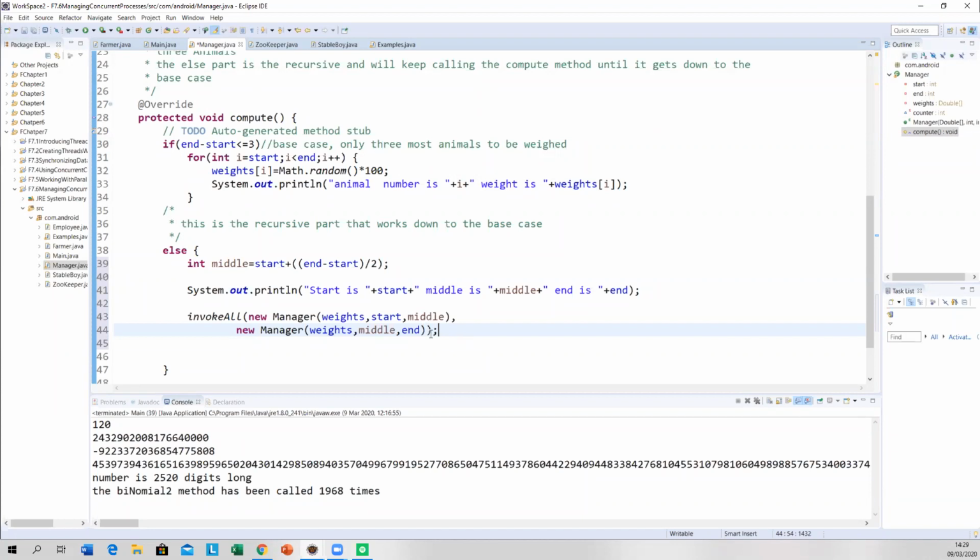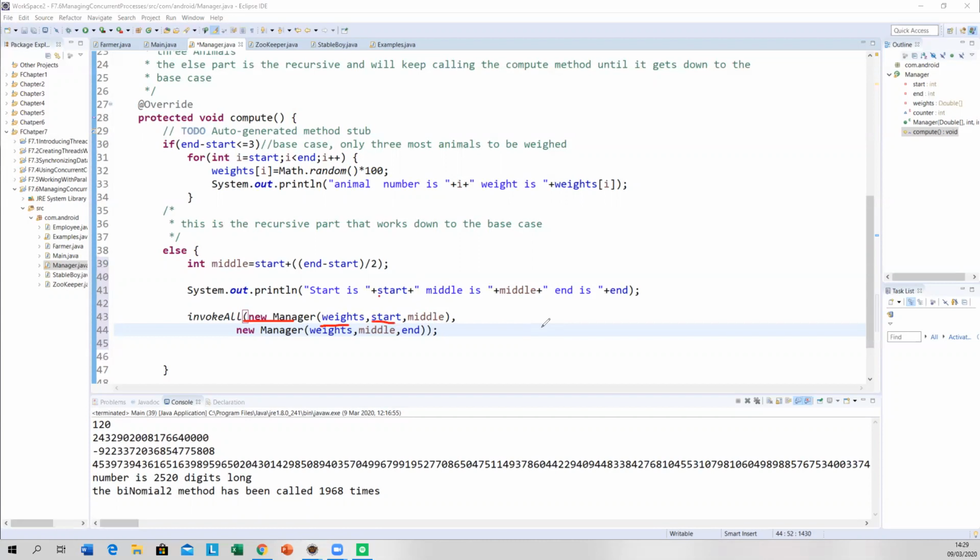So what's happening here? Now, if I run this the first time, it's going to create a manager with start, middle and end.